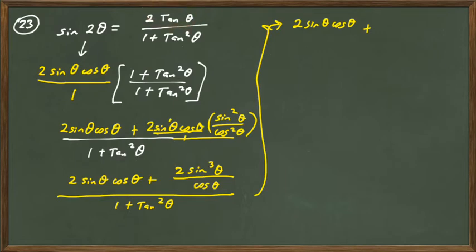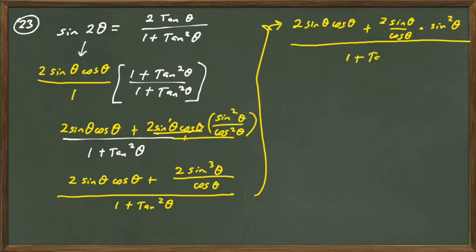So, could it be, just bear with me, could it be 2 sine theta over cosine theta? That would be 2 tangent, wouldn't it? Times what? Because I need to have a sine cubed, so I think it would be times sine squared. And again, this is all over